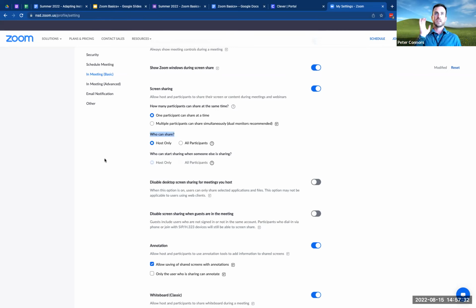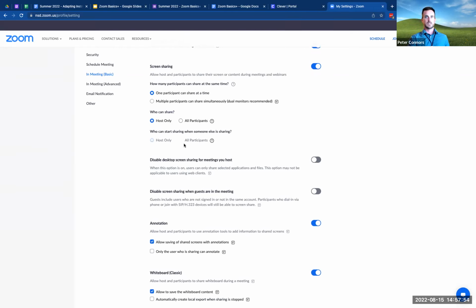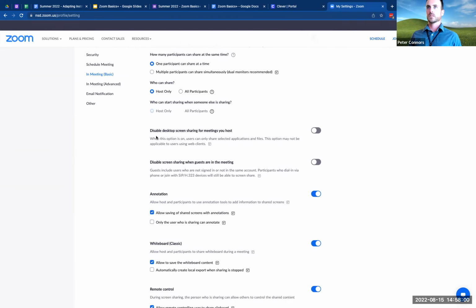But this is just saying when you start the meeting, should that toggle be on host only or everyone? I think it's best to say only the host can share until they give that on a case-by-case basis. But that's totally up to you as far as how you're using this. But if you make that all participants, then just know that someone can interrupt your share with their own share. So something to keep an eye out for.